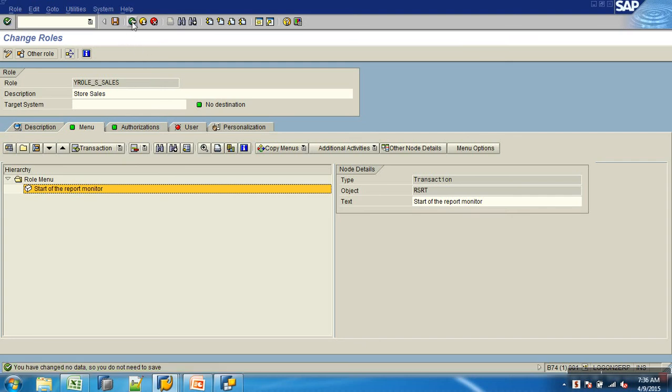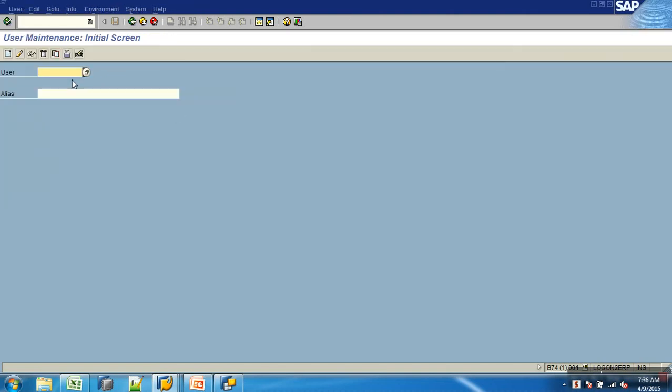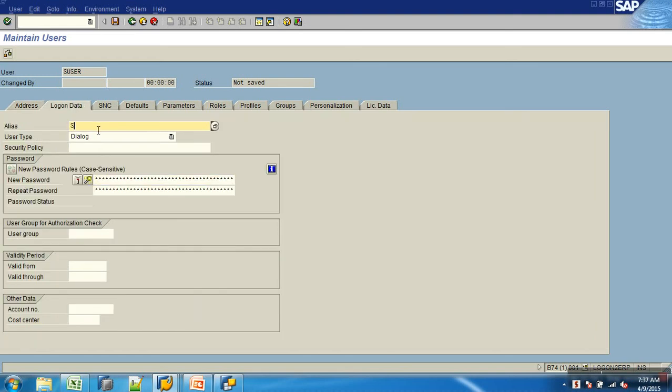Fine. So both the user roles are ready now. What is it I just need to do? I just need to create a user and assign this role. So I'll go to what? You can straight away go into T code SU01 and create a user, or I can just create from here. User maintenance. Okay, so create, user logon data. Let's say I'll give that, it's nothing to worry about.